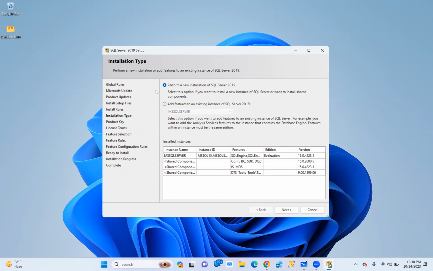Now perform a new install for SQL Server 2019 or add a feature to the existing installation. In my machine, one instance is already installed. If I want to add features, for example, you installed only the database engine and did not install reporting services, analysis services, or integration services, and you want to install them to this installation,